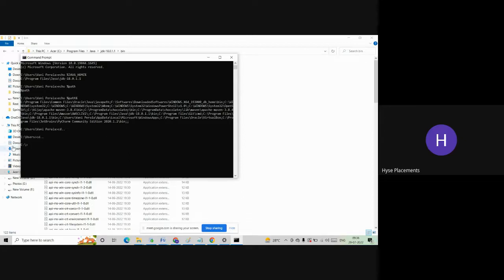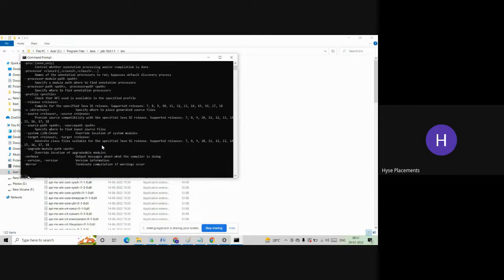where am I? Now I am at C drive. In the C drive, if I type javac, one of the Java commands, okay, let me execute this. See, I have got all the details related to the Java command. Even though I am in C drive, where Java is not actually present, the Java is installed